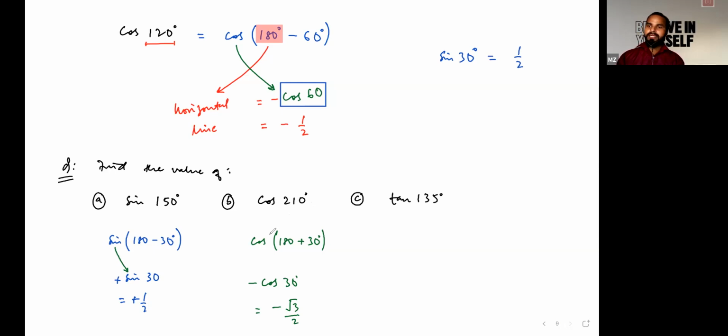Umar, I have told you to define all of each angle with respect to horizontal line only. So why have you taken with respect to vertical line? Third part is tan of 180 degree minus 45 degree. So 180 degree will define you horizontal line. So it will be tan 45. And since this particular angle would lie in second quadrant, it will become minus of tan 45. So it will be -1.